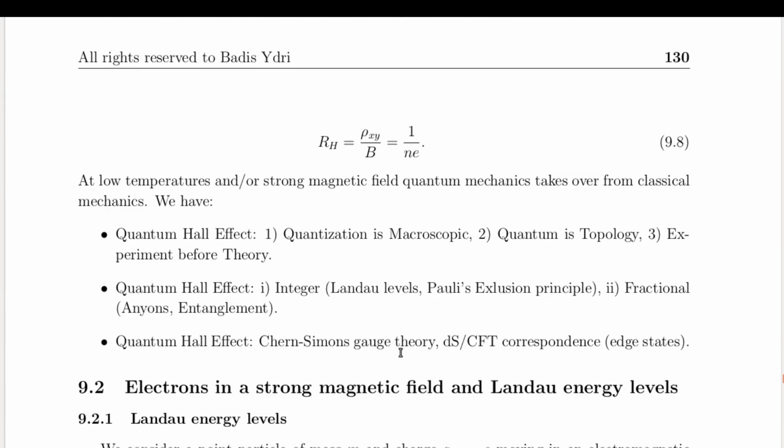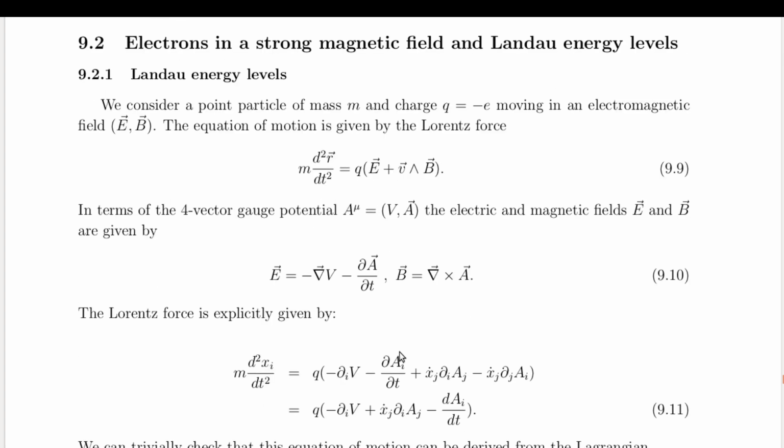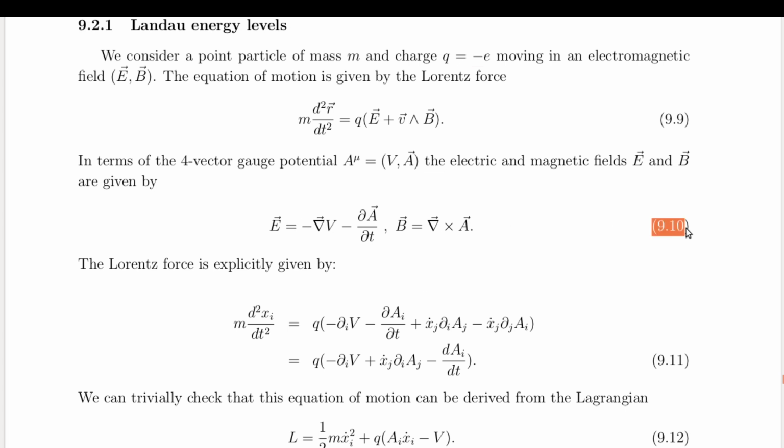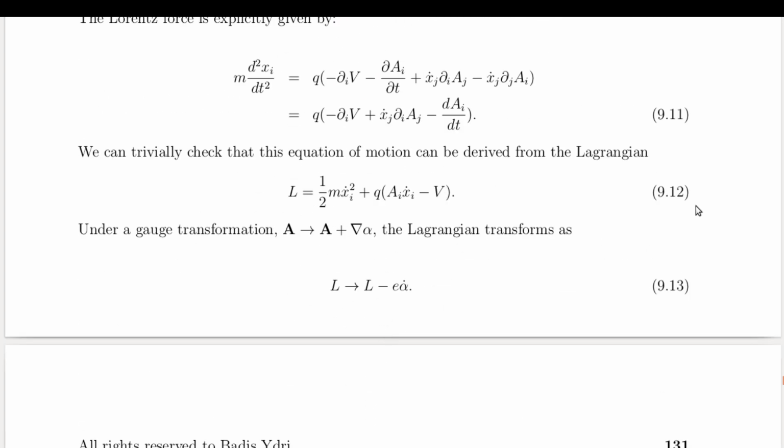Landau energy levels. In the second segment, we analyze a point particle of mass m and charge -e moving in the xy plane under an electromagnetic field, described by scalar and vector potentials that define the electric and magnetic fields in the usual way. These potentials form the electromagnetic gauge field. We derive the system's Lagrangian, showing that the resulting Euler-Lagrange equations correspond precisely to the Lorentz force. Under gauge transformations, the Lagrangian changes only by a total derivative, ensuring gauge invariance of the physics,